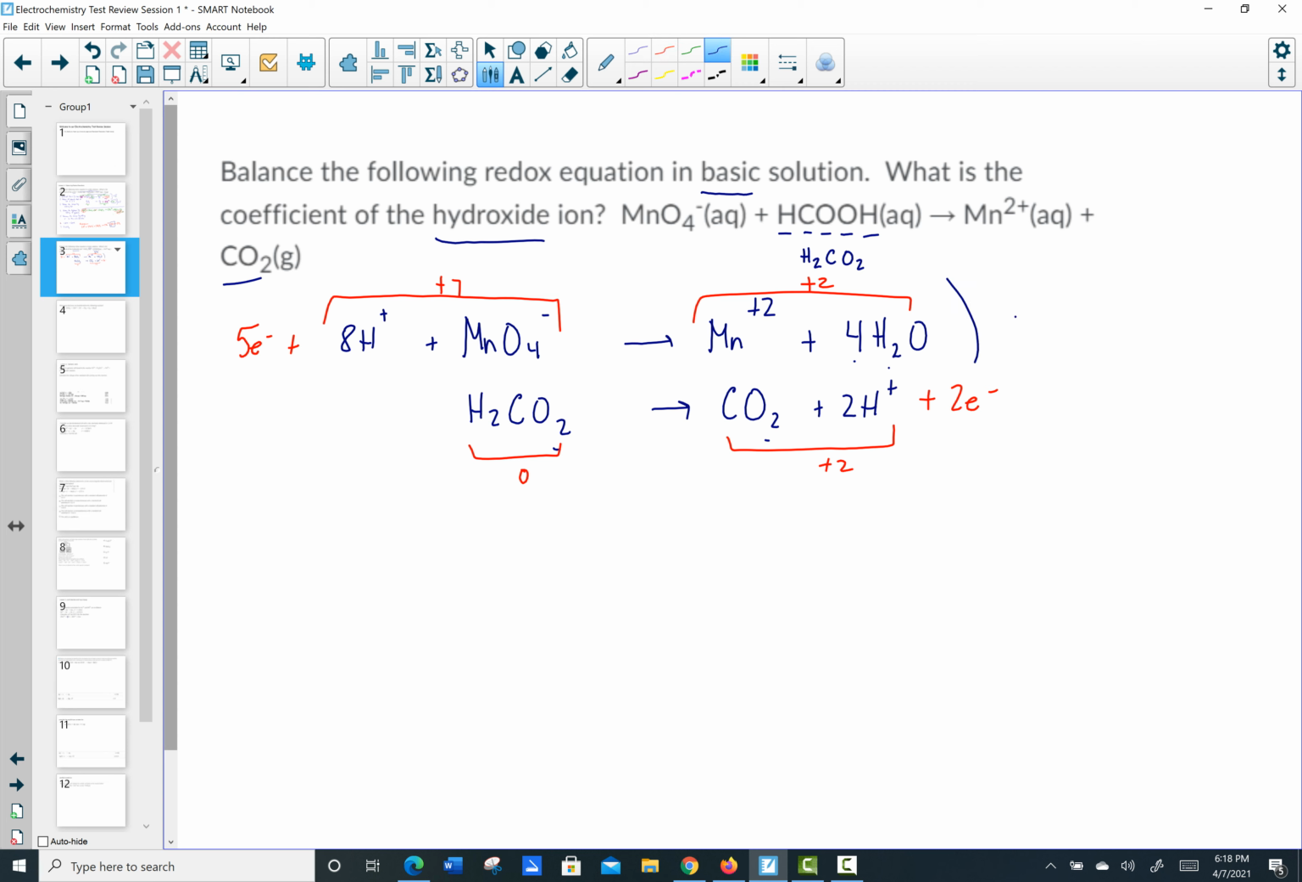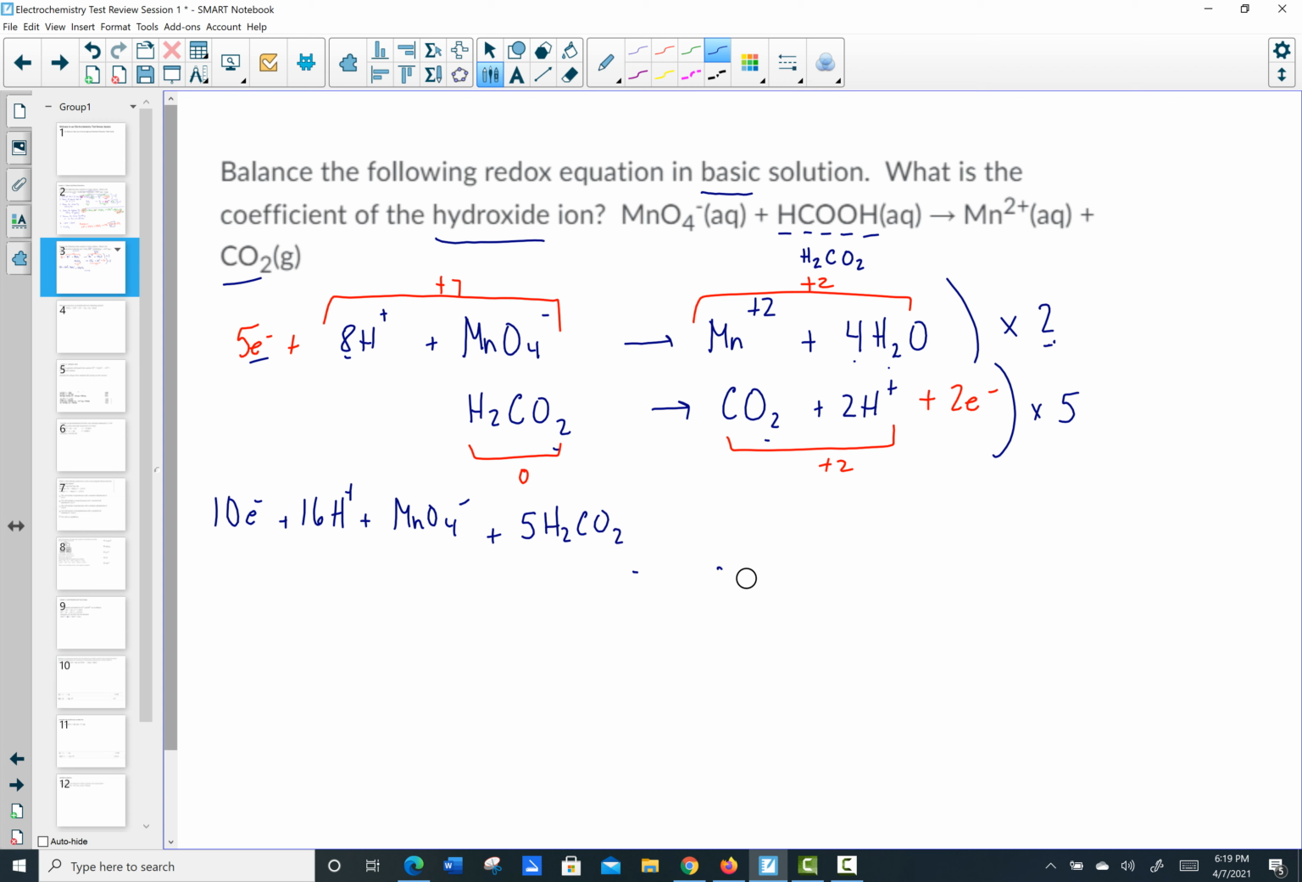Lowest common denominator for a 5 and a 2 is 10. So once again, we're going to distribute through and make 10 electrons lost and 10 electrons gained. I'm going to add together the two half reactions and distribute the coefficients at the same time. 2 times 5 is 10 electrons plus 2 times 8 is 16 hydrogen ions plus 2 times 1 is 1 permanganate, MnO4 negative. The second half reaction, 5 times 1, gives me 5